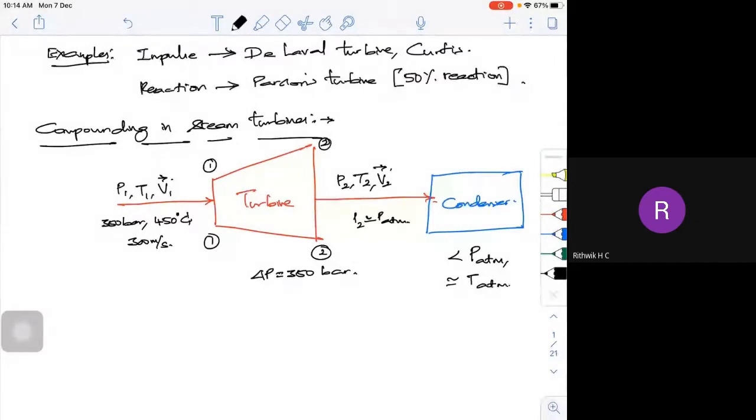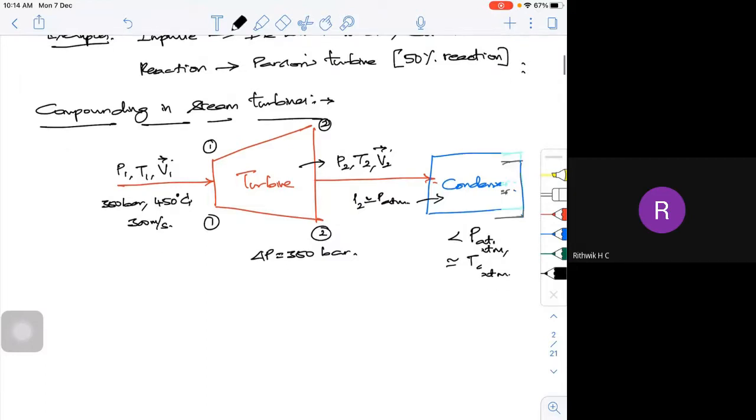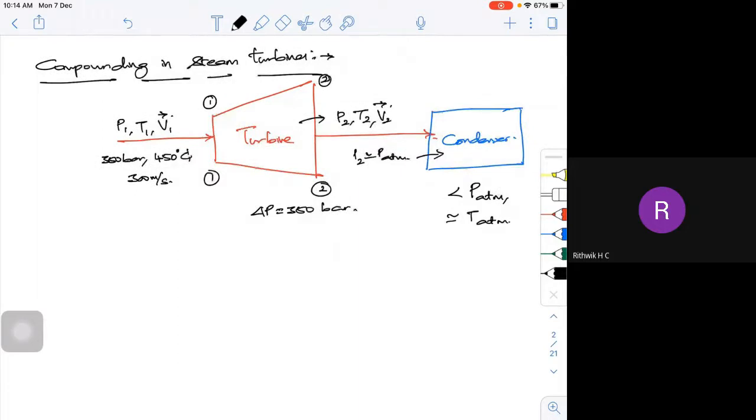On the other side the condenser is there, and on this side I have very high pressure. So somewhere this becomes critical for me. To address these issues, we go for compounding. Now let us write what are the things which are important here. See, as I told, the first thing is the pressure. The pressure in the turbine is usually, it has been found, more than roughly 140 bar. Rather, I'm giving the lower end figures.